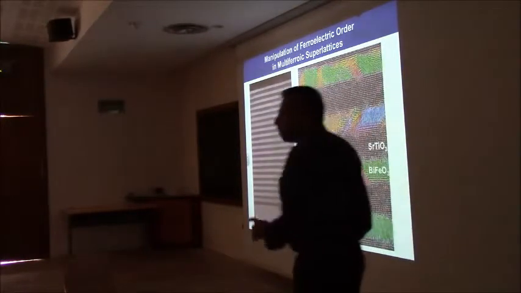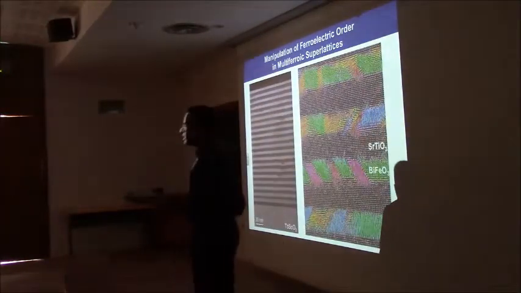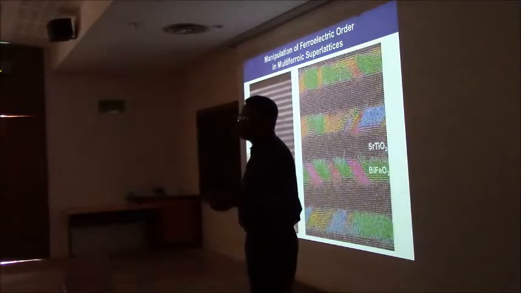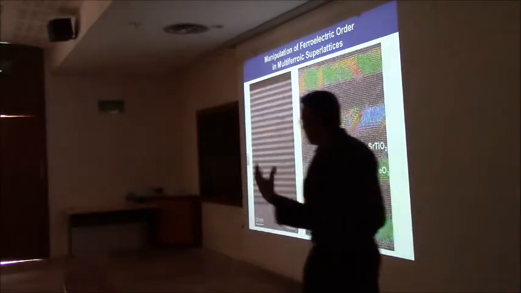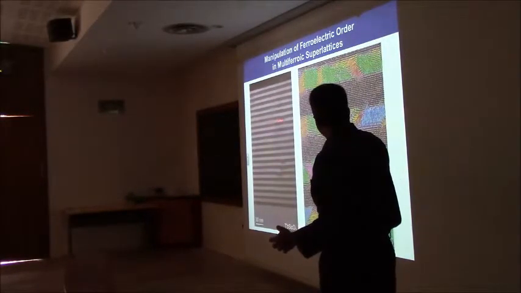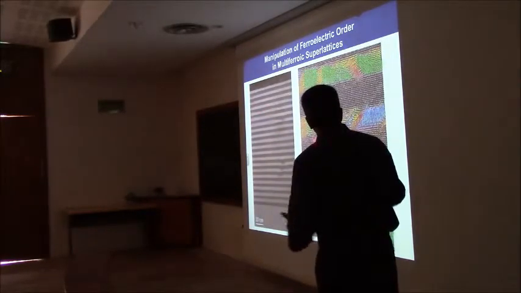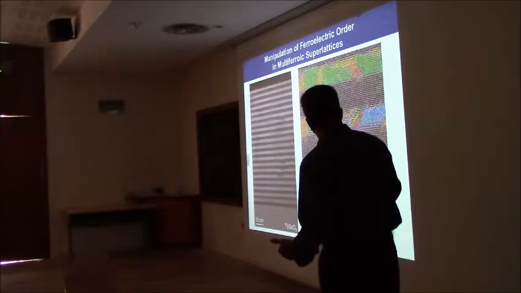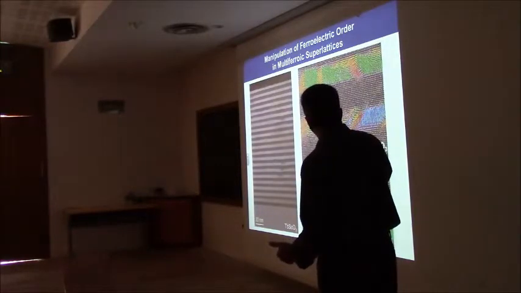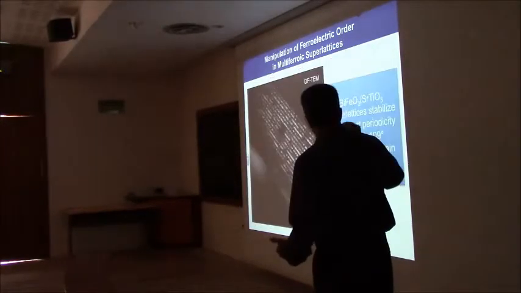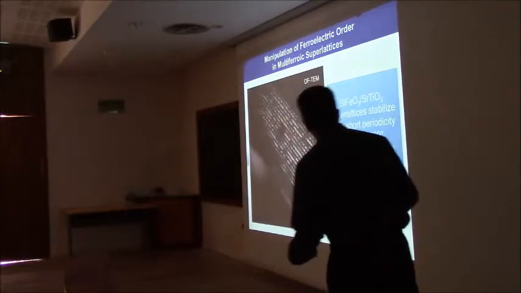Of course, the growth here is not as easy as it is for lead titanate. We still haven't figured out how to do it well enough. It's okay at this scale, but you can see there are defects here. It is not perfect. That's the first thing. The other thing we see is you can clearly see the 71 degree domains. You can see 109 degree domains in this case. So it becomes more classical.